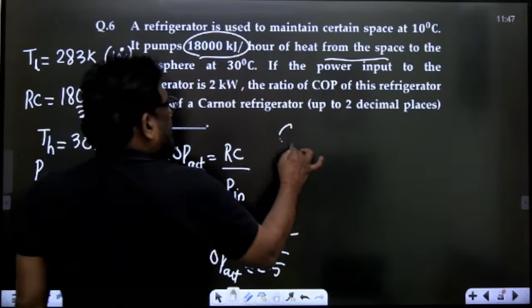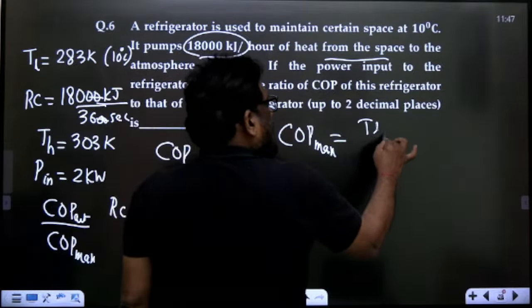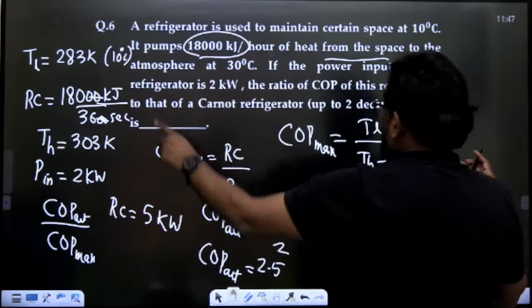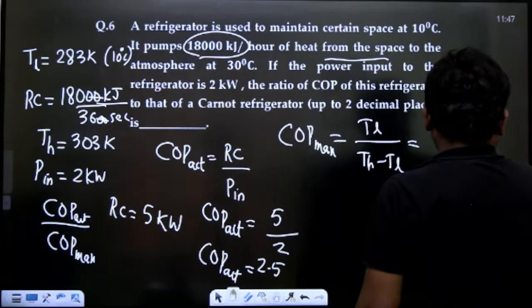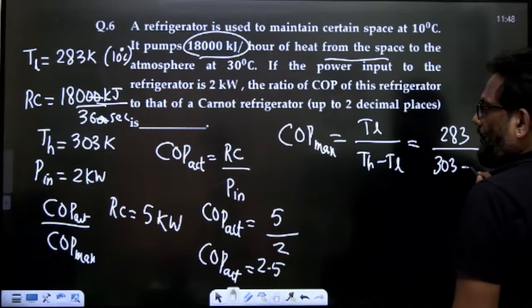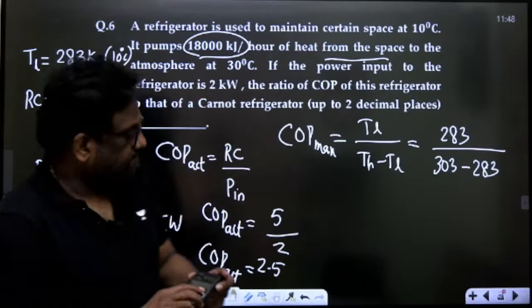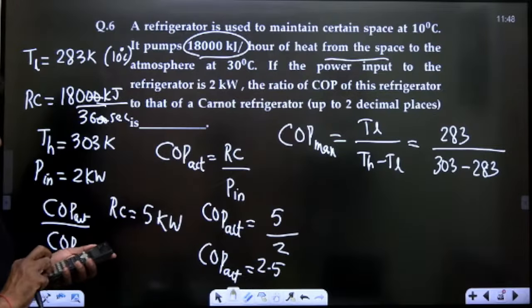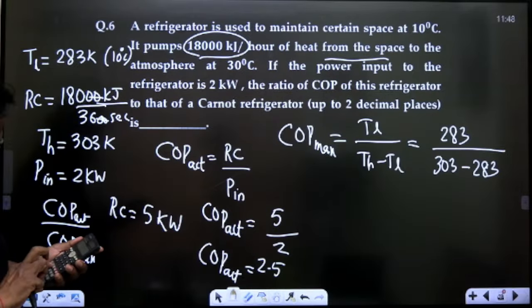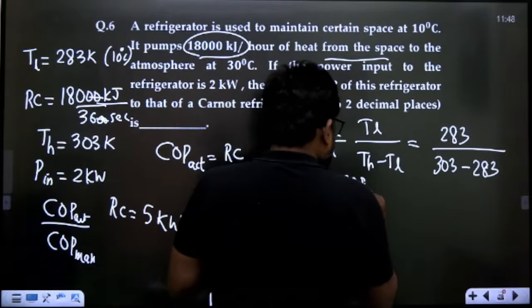How to calculate the maximum COP, sir? What is the maximum COP? It is the lower temperature by higher minus lower. The lower temperature is 283 by the higher temperature is 303 and the lower is 283. How much is this? 283 divided by 303 minus 283. So I think you are getting this maximum COP as,